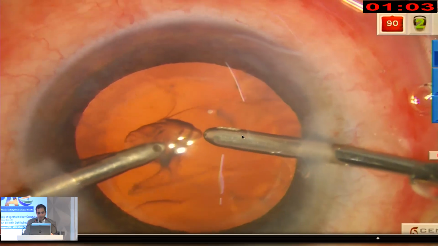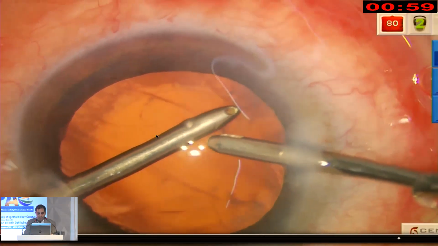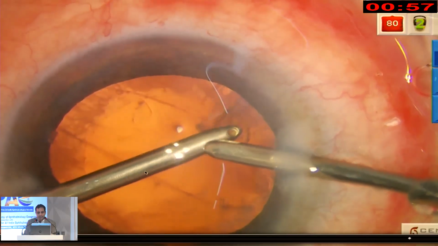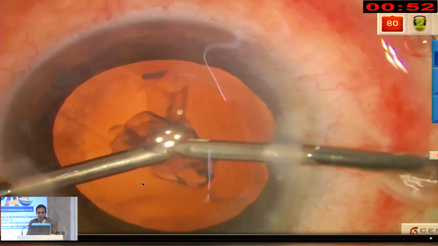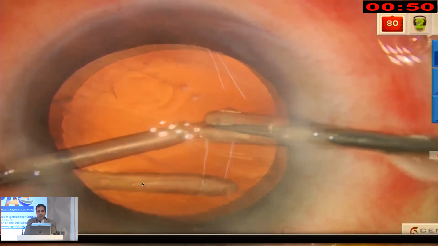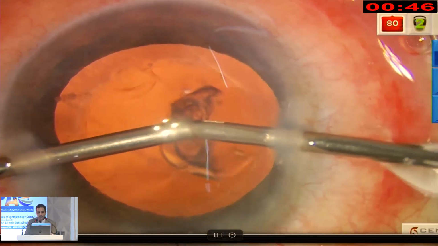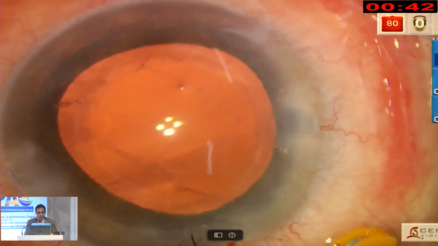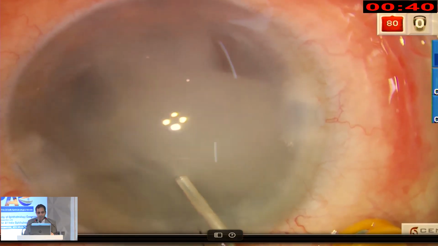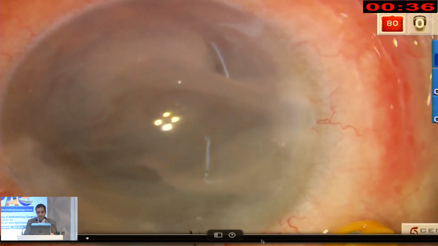Fortunately, the capsular axis is strong and centered due to the flags, and there is an end-to-end vertical, fairly large posterior capsular dehiscence. So this is definitely not the eye where I'm thinking of in-the-bag IOL implantation, because I'm not sure about the stability of the IOL, and therefore in such situations our preference is to go ahead with a 3-piece IOL. So now I'm first of all making sure that after all of these maneuvers there is no further vitreous